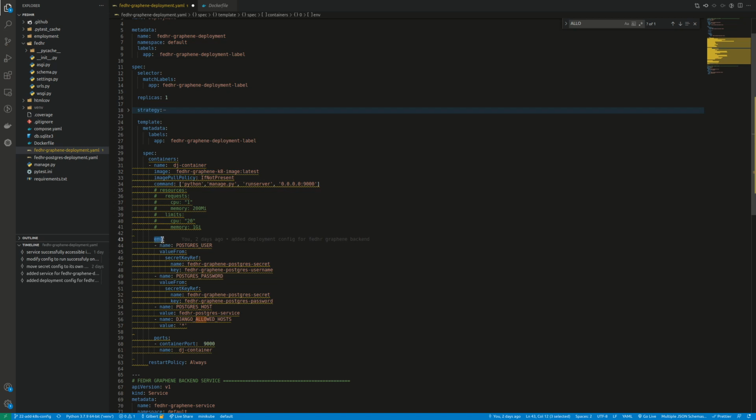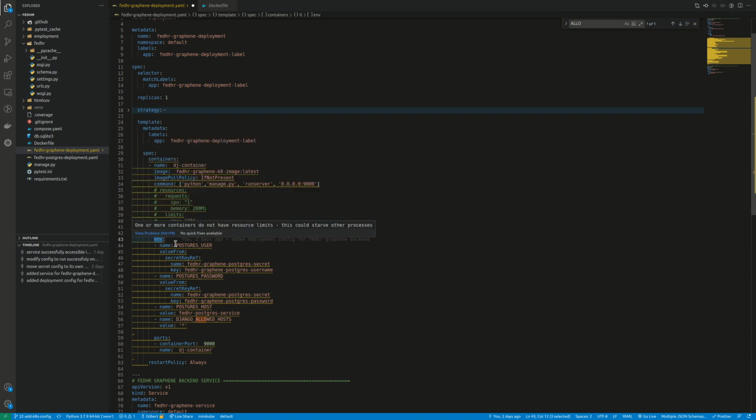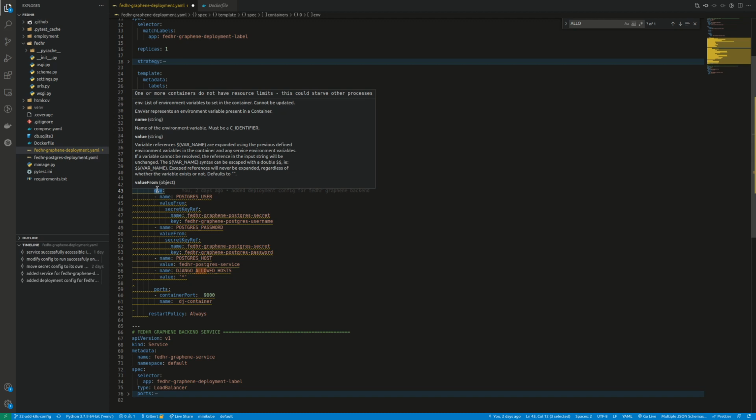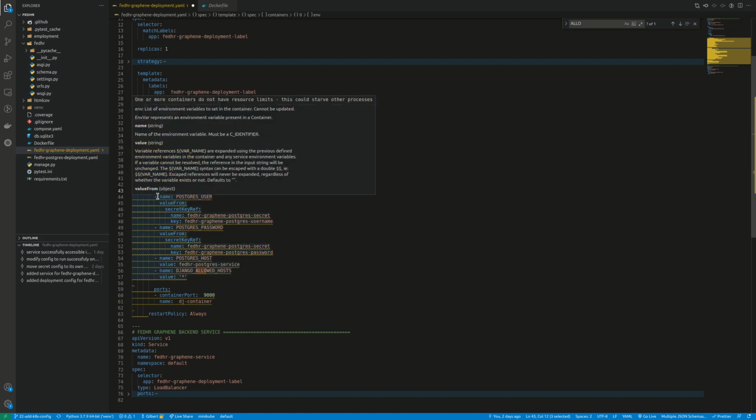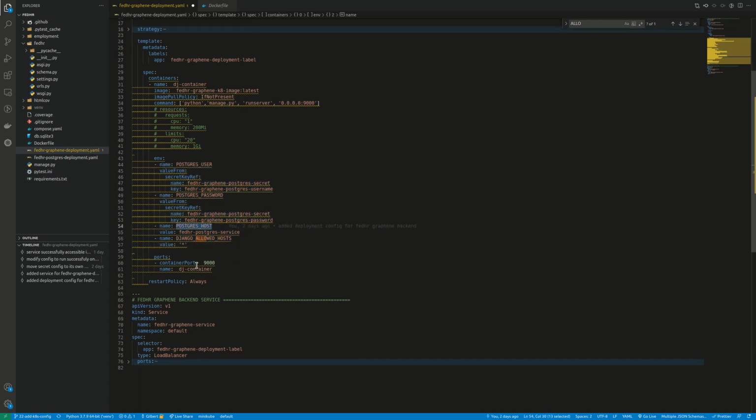Now, these are environment variables that we want to make available within our container. We want our container to have these variables: Postgres user, password, and host. With these variables specified within the pod specification, they will be available within the container that is created. So for example,